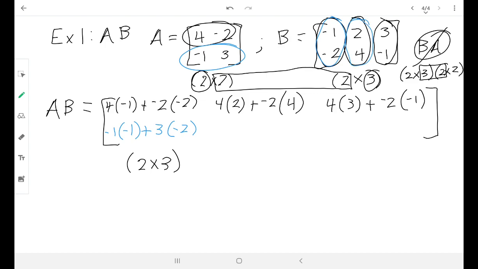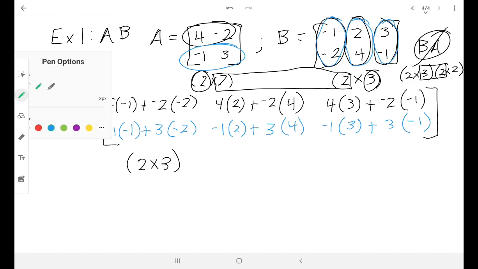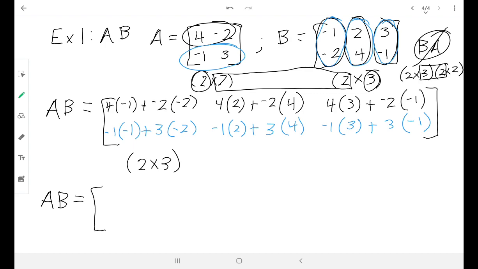And then element 2, 2, -1 times 2 plus 3 times 4. And then for element 2, 3, second row times the third column, -1 times 3 plus 3 times -1. So that will give us what we need for our matrix,